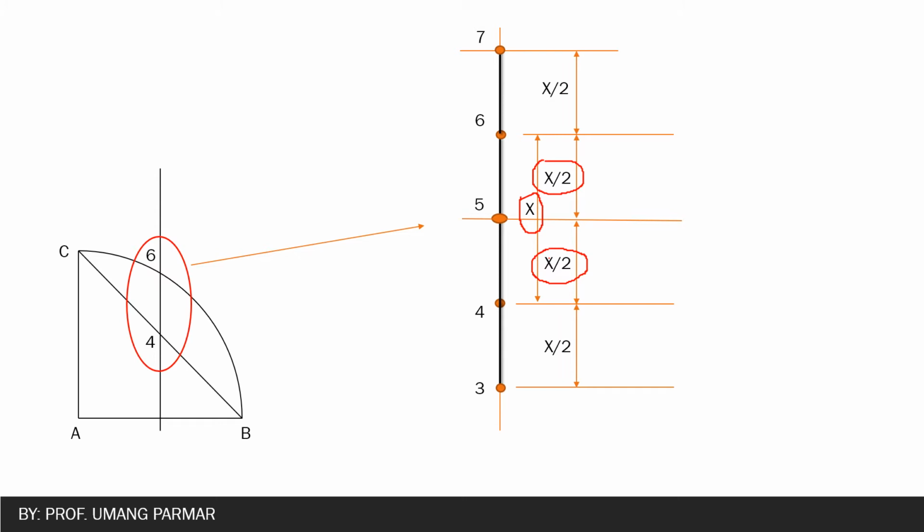So these points will be here on the actual figure in future whenever required. Right now, just remember that whatever the 4 to 6 distance, if we divide it, we find the middle point, and that will be point number 5. If you want point number 3, then below 4, the same distance of 4 to 5 or 5 to 6, here will be point number 3. If you want point number 7, then above 6 with the same distance of 5 to 4 or 5 to 6.